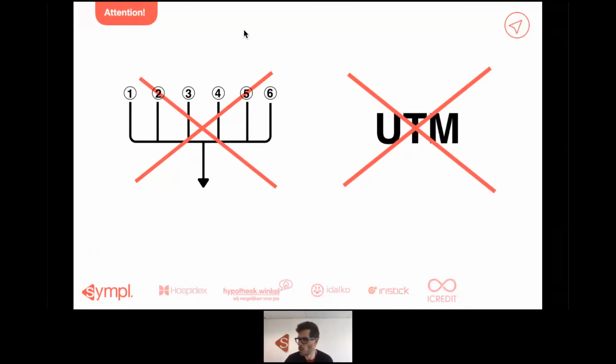And the second one, we've talked already a couple of times about that, UTM codes. First of all, use them. And secondly, be consistent, right? If you use UTM source to define Facebook, LinkedIn, or the source of your campaign, don't change that later on in UTM source platform, right? Because just by changing the name of the UTM already, that's going to give you some hassle later on. So think about how you're going to set it up. Use the tips we have in our data white paper, by all means, but be consistent and keep the consistency